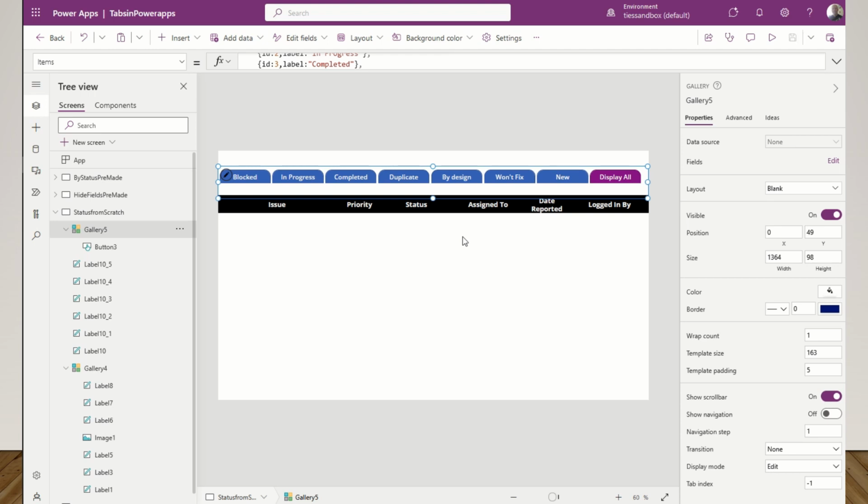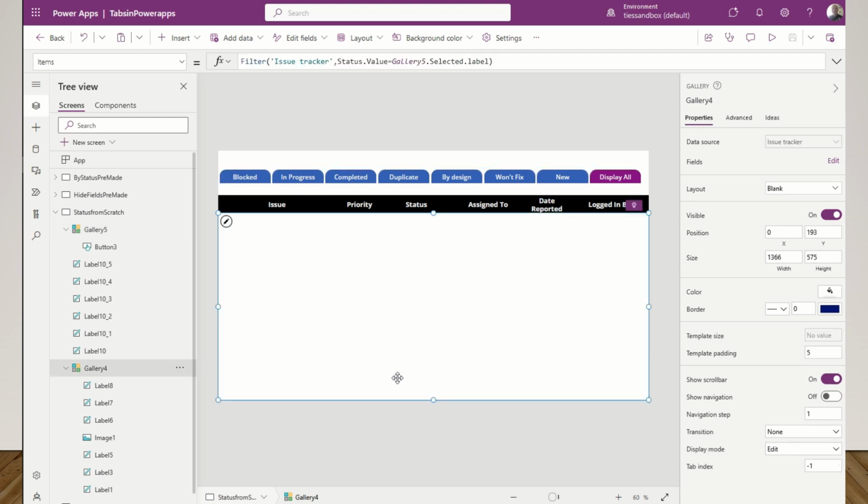But what we're going to do is have the items property of the data gallery display all the items if it says display all in that label. Otherwise, then do the rest. So that sounds confusing, but I'll show you how it works. Okay, so we'll go back to the beginning. We're going to go if